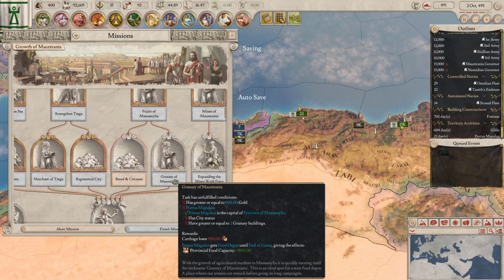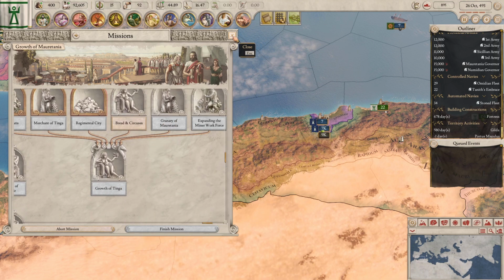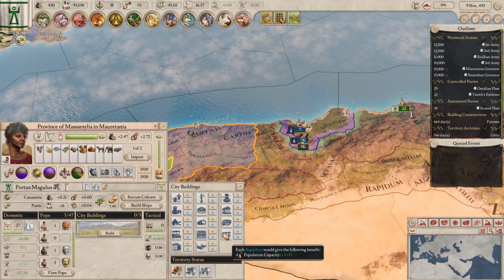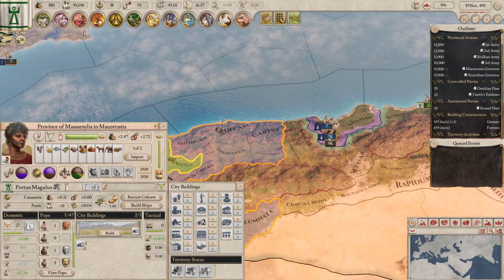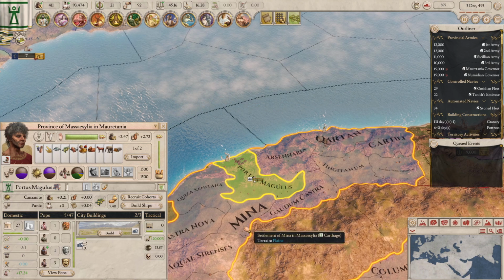I think it's the Granary of Mauritania. And we need to get what? 2 granary buildings. And I need 900 gold. Okay. Granary building and 900 gold. That is doable. So let's get the granary building going. So I need 2 granary buildings, which can be done. 1, 2. That is fine. I'll also go for... What are my pots like there? The Punic. Yeah, I probably don't need...